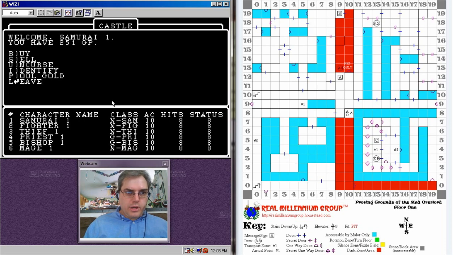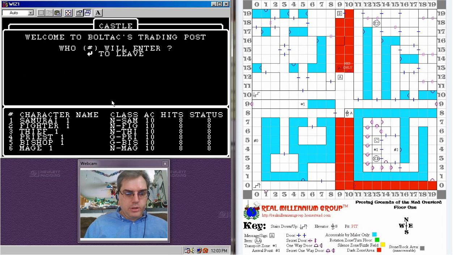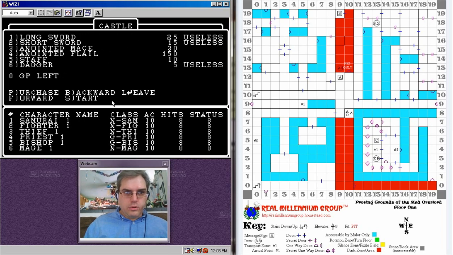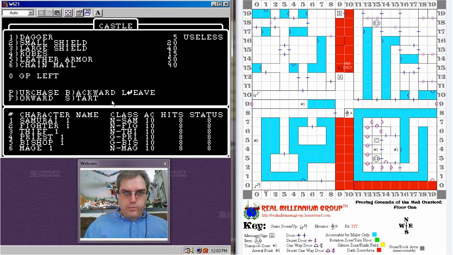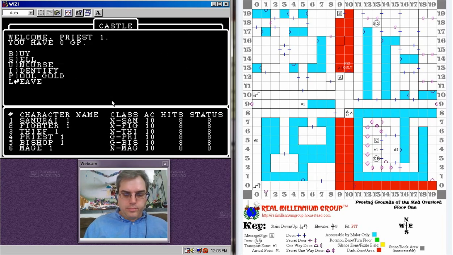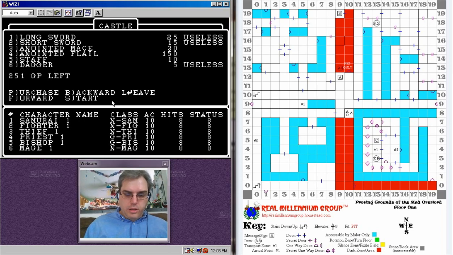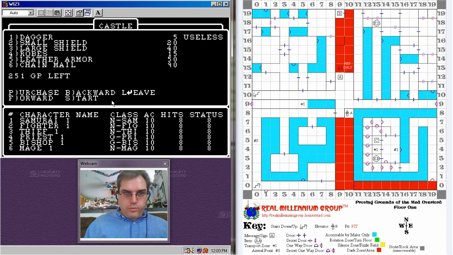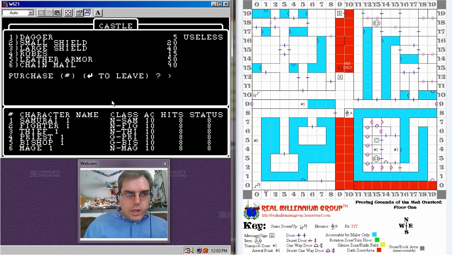So the first 3 guys, priest and bishop, we'll see if they can use shields, and that will be that. For buy forward, we can do a large shield, so let's pull the gold first. We will buy forward to purchase the large shield.